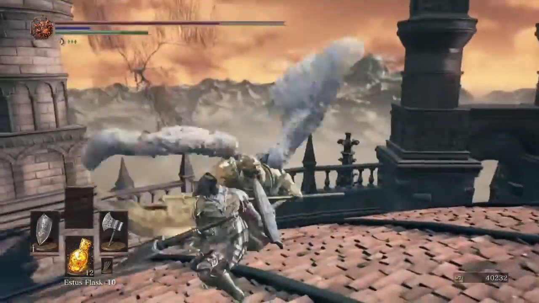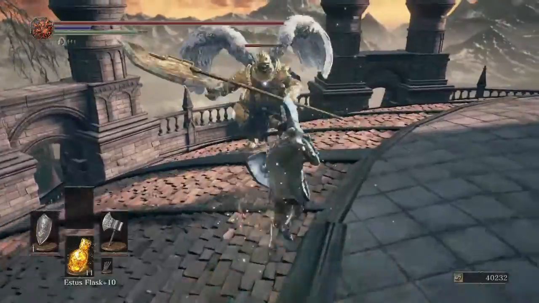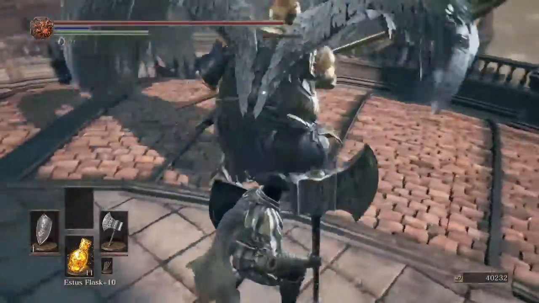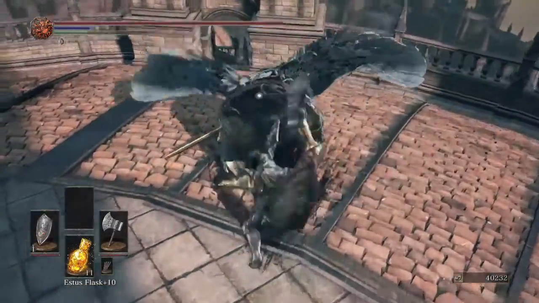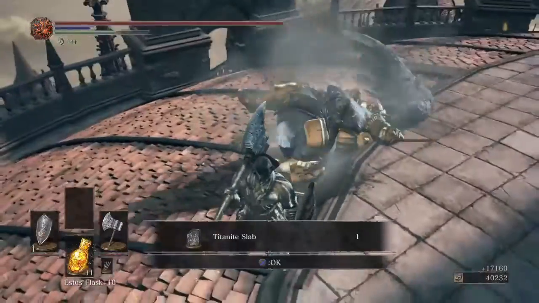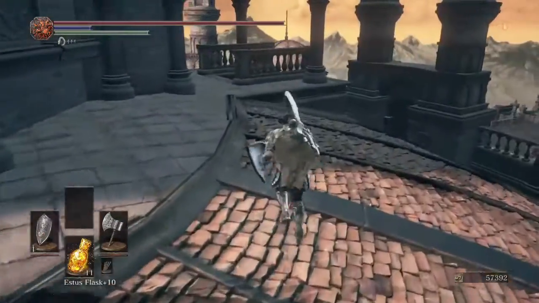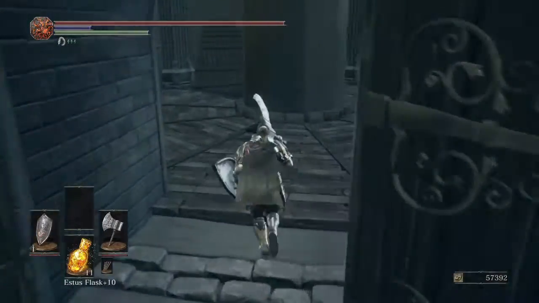Oh, well, I didn't really need to heal, but... Whenever they do the overhead thing, just follow them. Alright, there we go. And you get a Titanite slab. And you get some Titanite chunks or large Titanite, depending on how good you're...